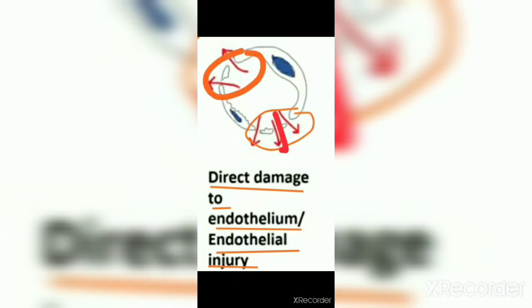The next one is direct endothelial injury, which is direct damage to the endothelium. The burns or infections will cause direct damage to the endothelium. As you can see, this endothelium is broken here, in the areas I have marked with orange. So the endothelium is damaged here, and through this damaged portion of the endothelium there can be vascular leakage. This is the second mechanism, and it is an immediate sustained response.